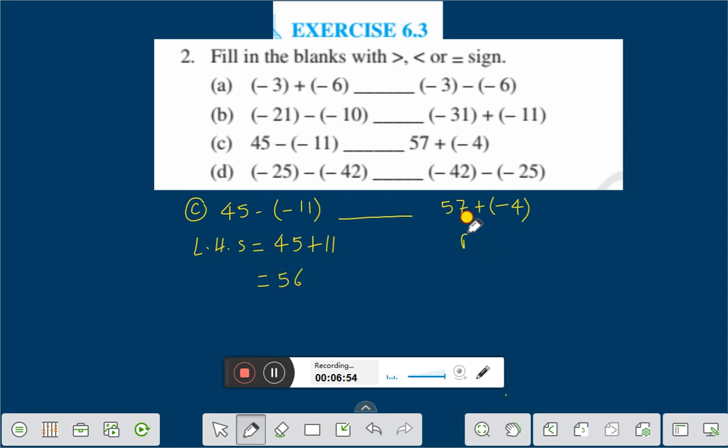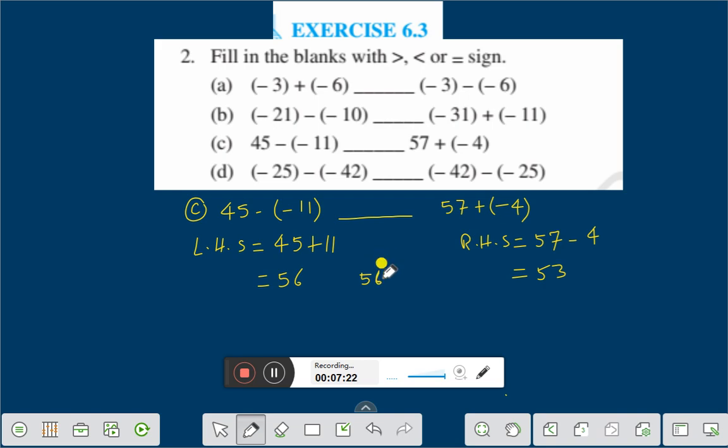What are you getting on right hand side? That is 57. Here you see plus into minus is minus 4. 57 minus 4 is 53. Now here you see that 56